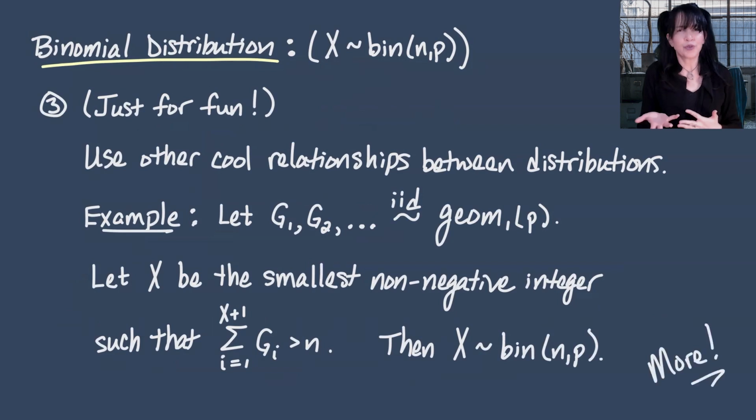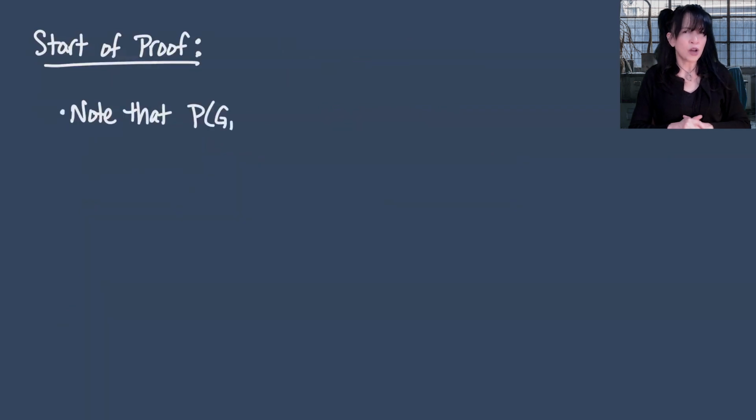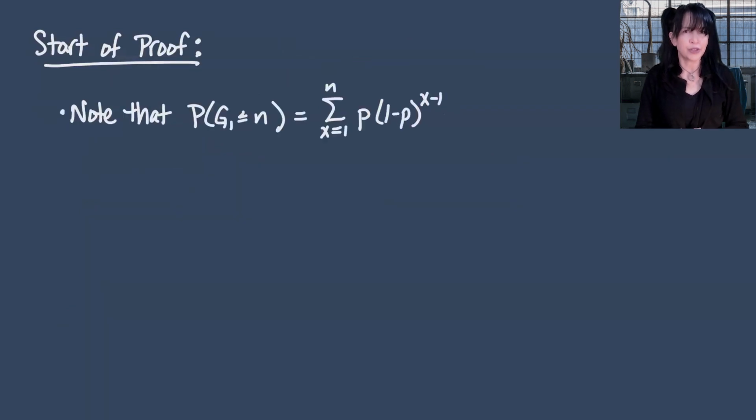So let's just prove a little of this just for fun. I'll get you going on this. What I'm going to do is look at the definition of capital X and just look at the probability that capital X equals 0 and maybe equals 1 and see that we get probabilities that match the binomial distribution. To this end, note that if G1 has a geometric distribution starting from 1 with parameter p, then